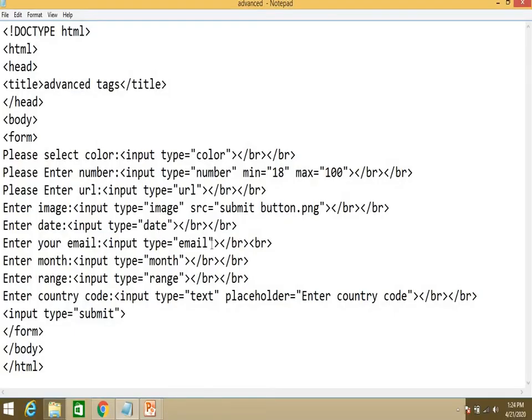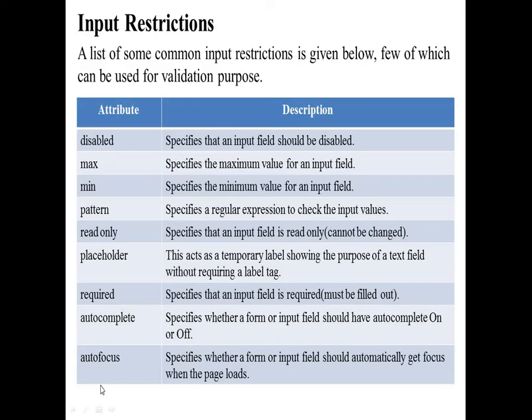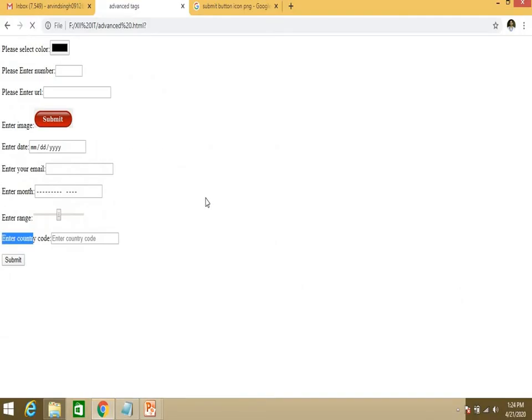So let's see, applied over here, email autocomplete equal to, first we'll see with on. When you apply on, let's see the effect. Nothing is showing because it is on.